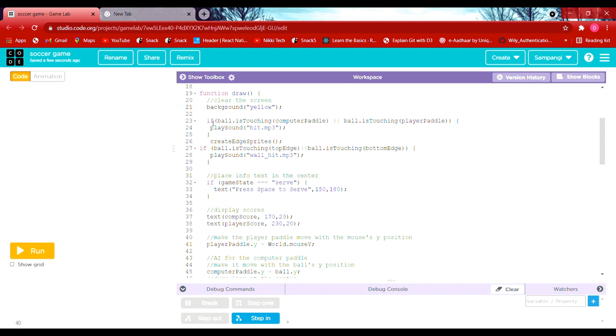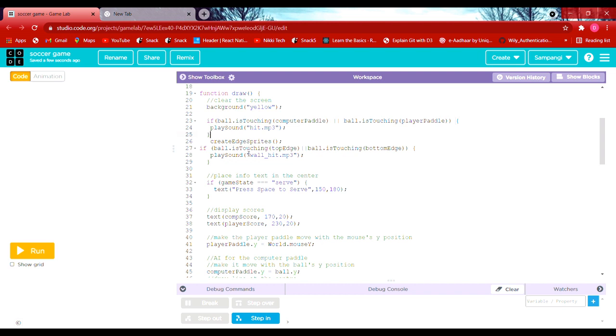And the next is we have created an if condition over here. If conditions are nothing but us telling the computer the conditions: if this thing happens, what should happen.